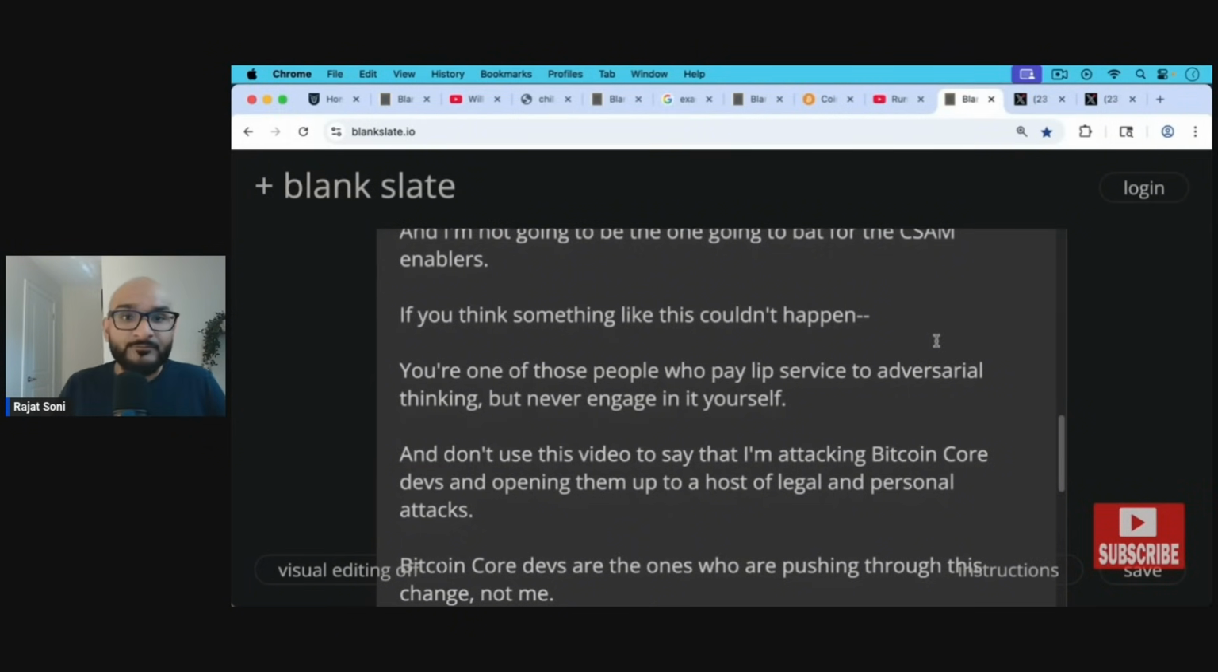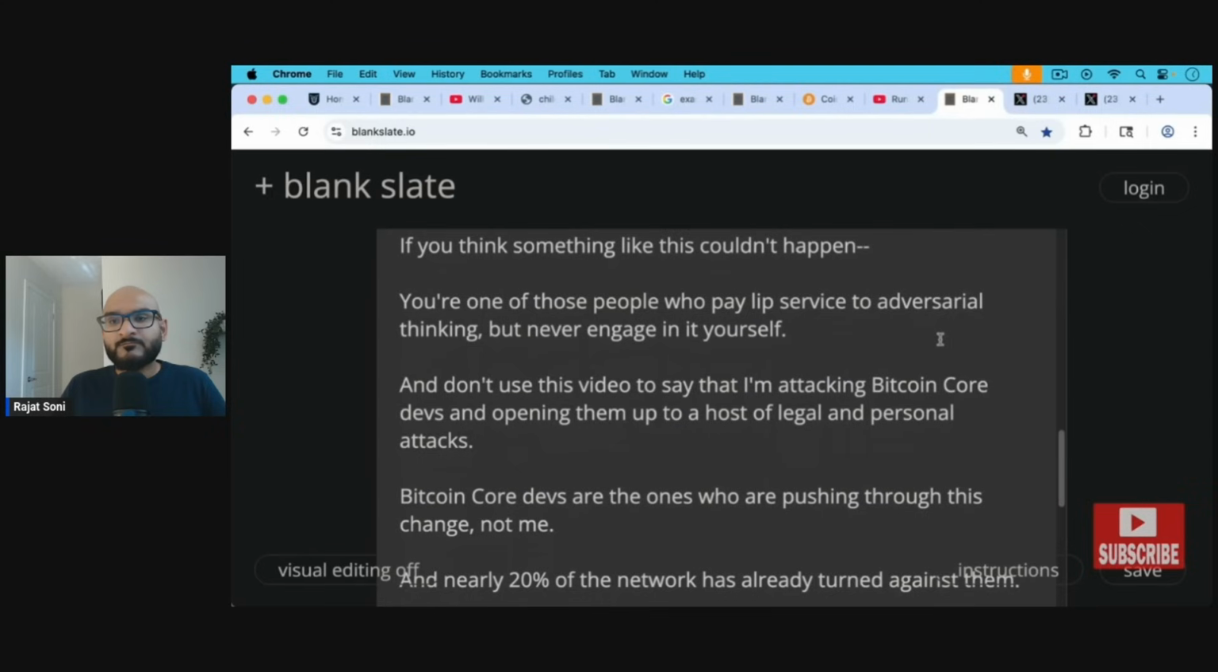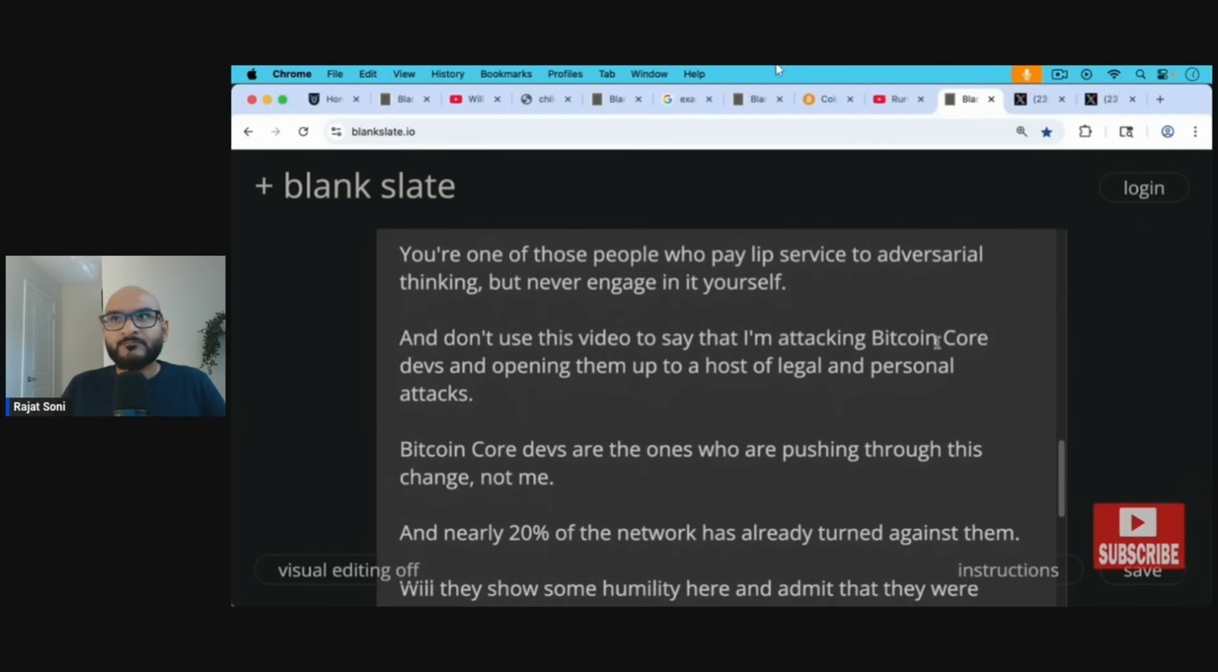and opening them up to a host of crazy legal and personal attacks, because it's the Bitcoin Core devs. They're the ones who are pushing through this contentious change, not me. And nearly 20% of the network has